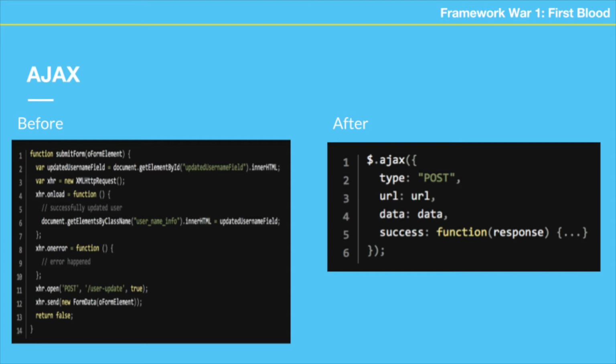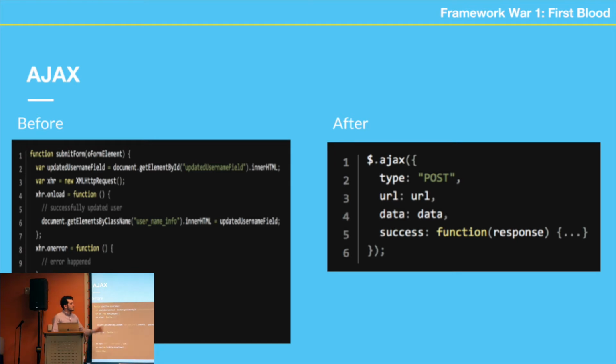Remember, this is what it looked like. Really, really ugly. I really don't want to see this. That's what it turned into. That looks very similar to what you're used to, like in Axios, please pronounce it for me. I've never used it, but this is what you see in HTTP with Node, when you see the $http in Angular. So this Ajax was very influential to all the future frameworks moving forward, right?